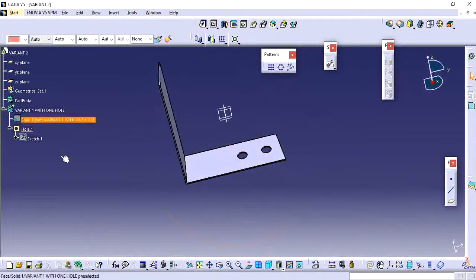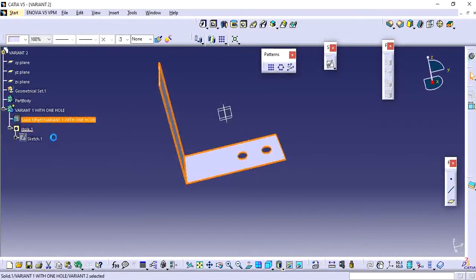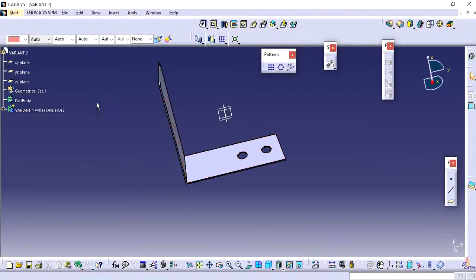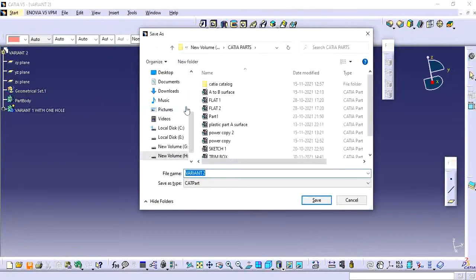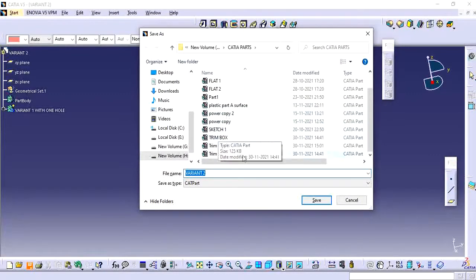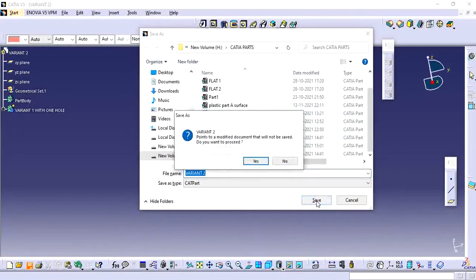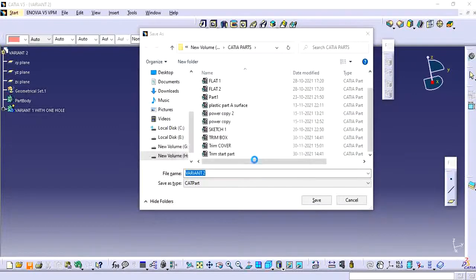So I have created one more hole using this part. So now I'm going to save these two parts into my folder.